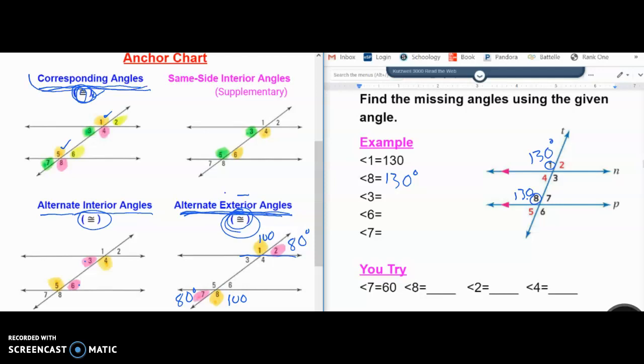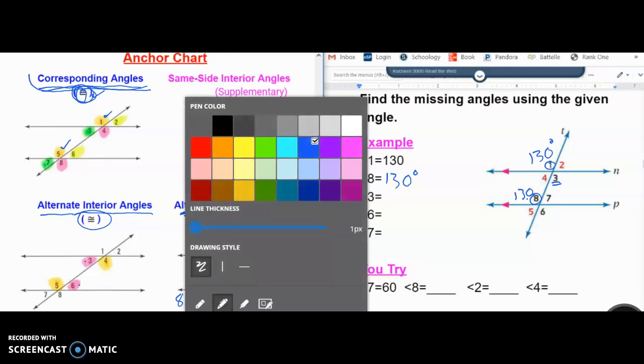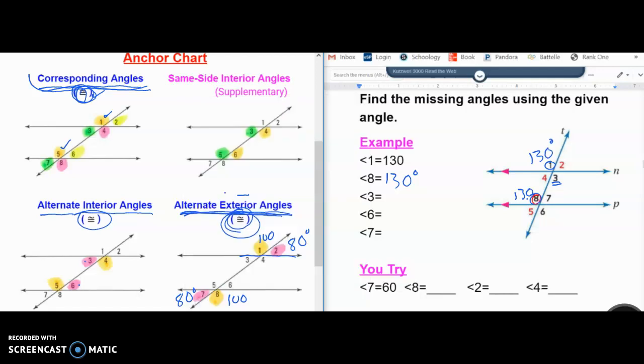Okay? Now, they're asking for angle 3. Angle 3 is here. Now, that's the relationship that I skipped, and I skipped it purposely because I wanted to explain it when I got here. Okay? So allow me to use a different color. So angle 8 is here and angle 3 is here. If I look at my anchor chart,